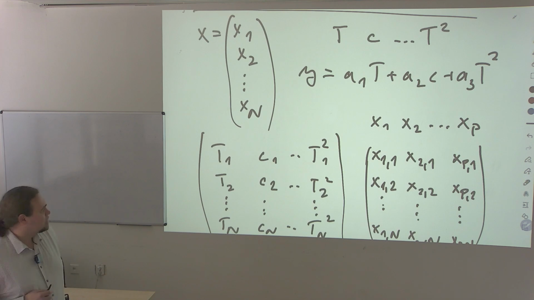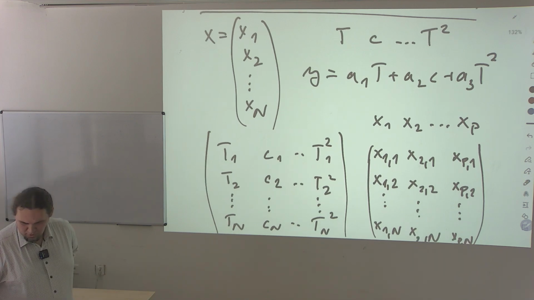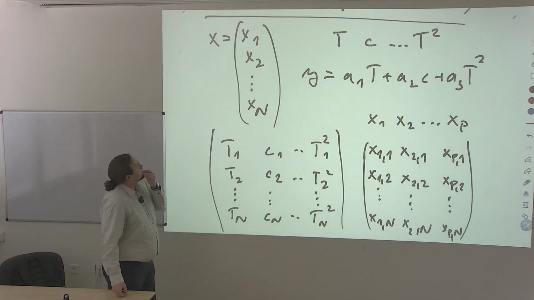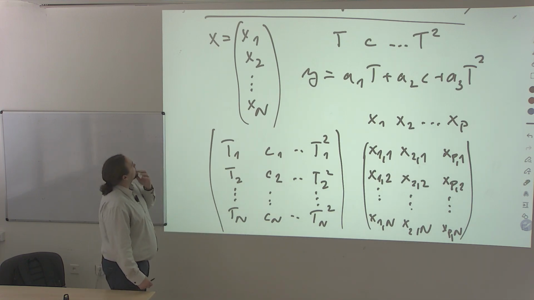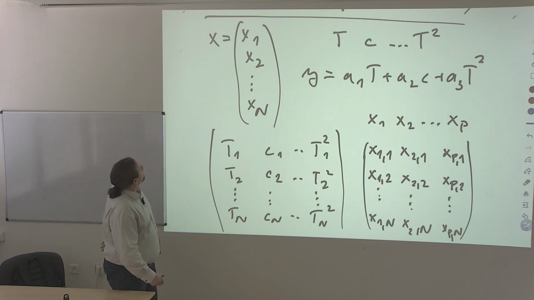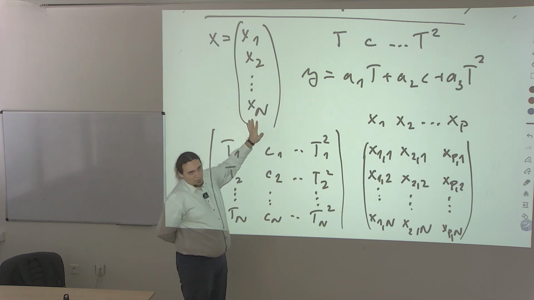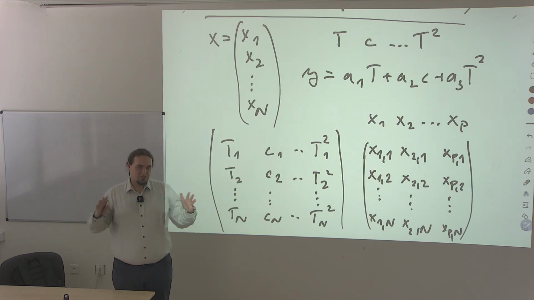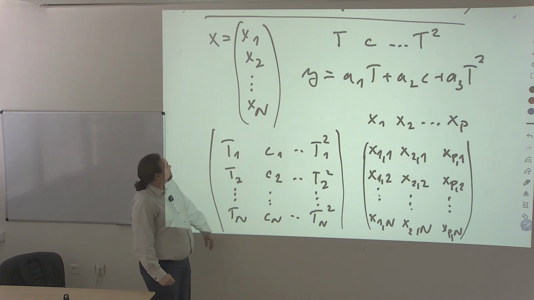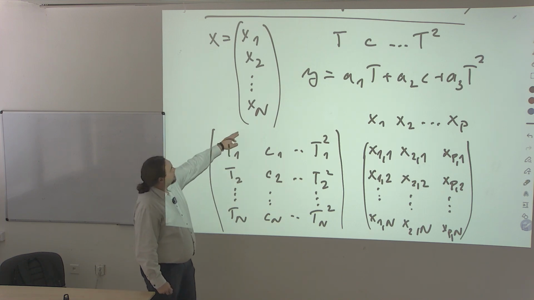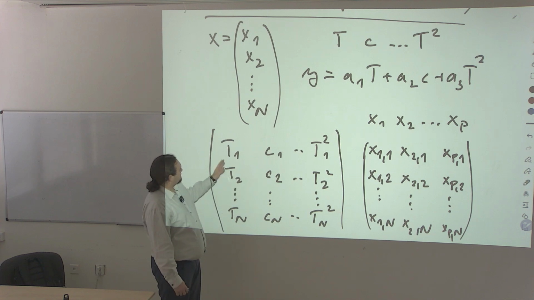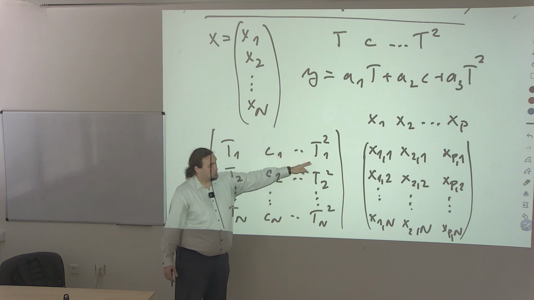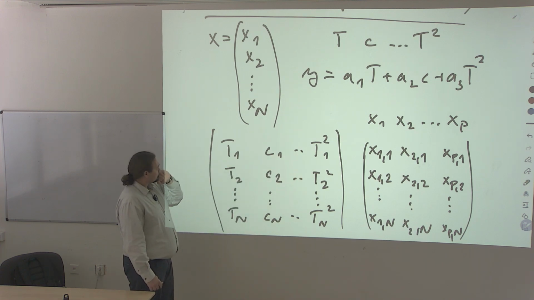So we started to express our data points in the vector form. For example, imagine we have one independent variable and we have conducted capital N of experiments. So we have capital N of the data points. And now, if there are more of these independent variables, for example temperature, concentration, maybe some nonlinear transformations of these variables,